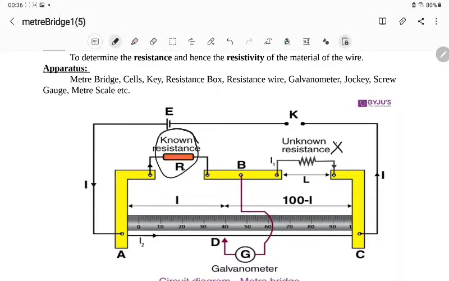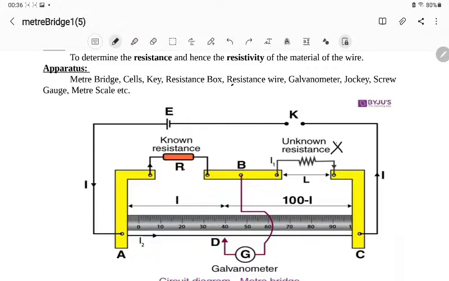Resistance box, this is the resistance box. We can put any resistance. Okay, from 0.1 ohm to 1000 ohm, 3000 ohm resistance. Whatever resistance we want, we can make it. Okay, using this